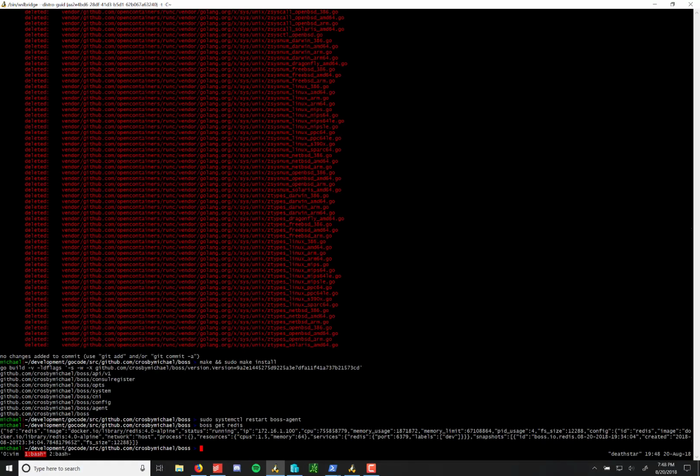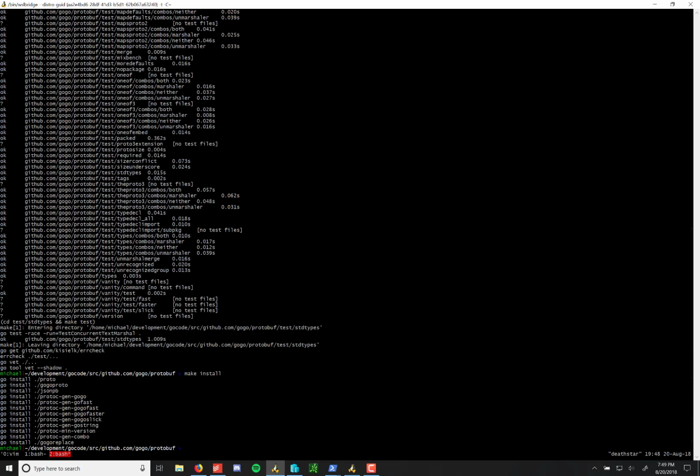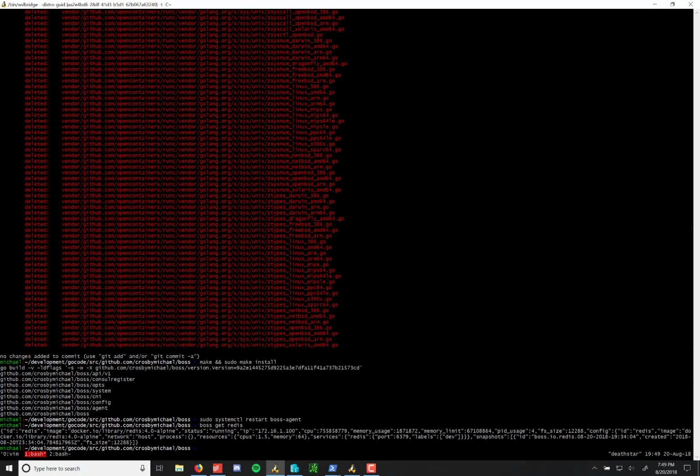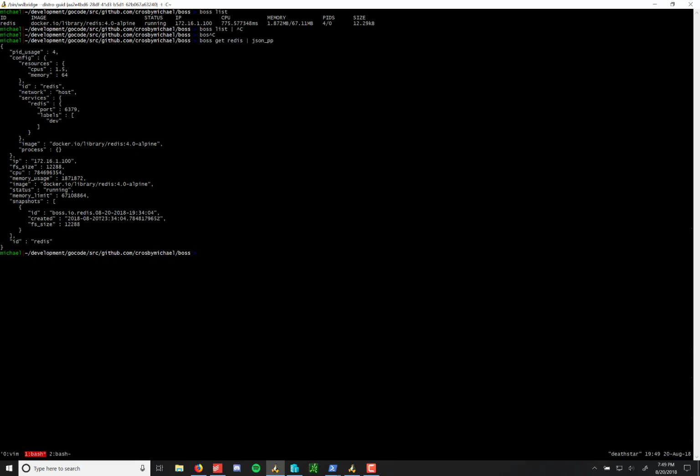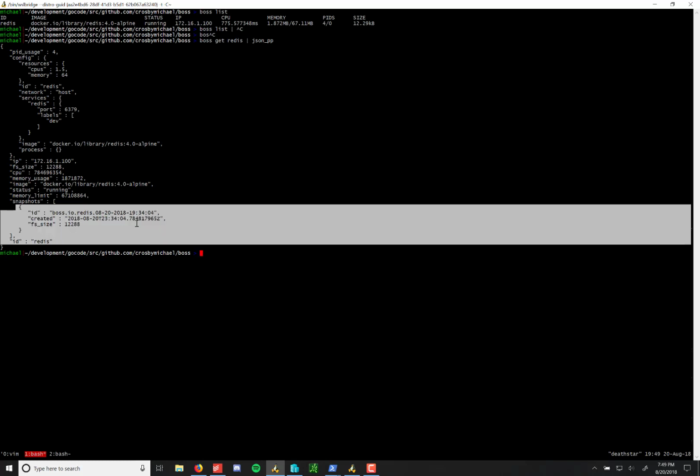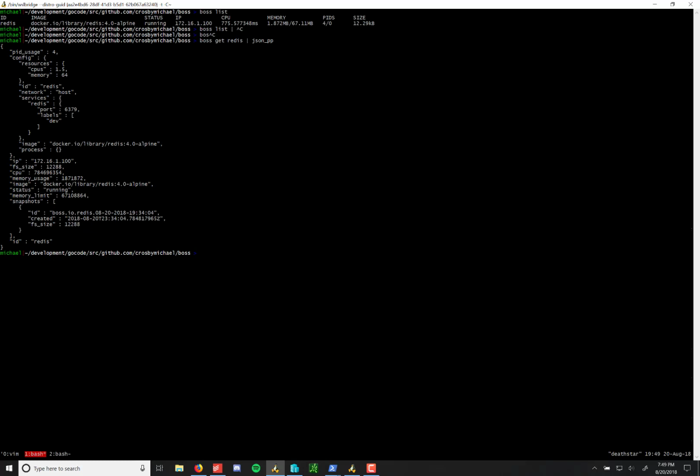Alright, so I figured it out. I just had to update GoGo Protos on my machine. I must have had an old one or some version mismatch with stuff. So boss list, we have our stuff, and if we do a get and then JSON pp, we should have our snapshot. So we have one, when it was created, its ID, and then its size. So if we do some updates,